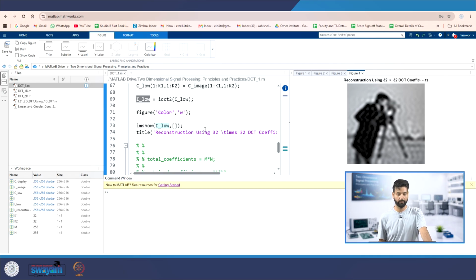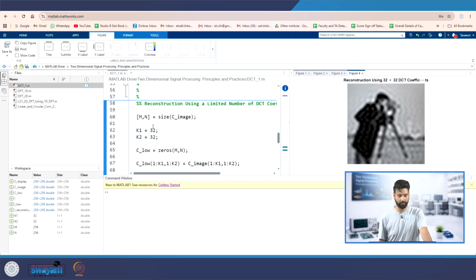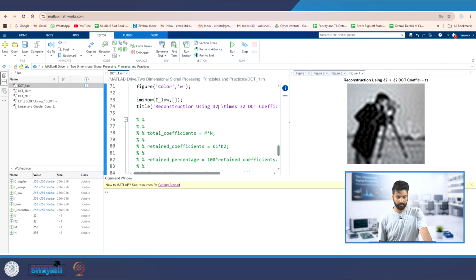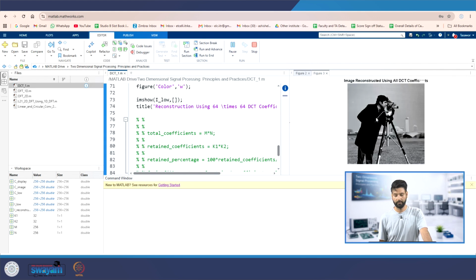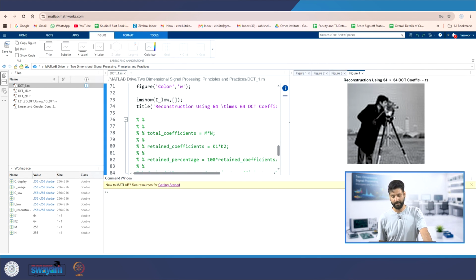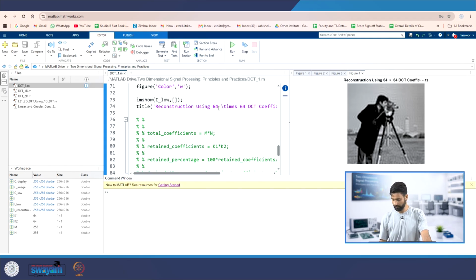So if we increase the number of DCT coefficients, let's say from 32 to 64, here we'll check the DCT coefficients of 64 cross 64. Now it should be a bit better. As you can see, now we have taken the 64 cross 64 DCT coefficients, so the image is a bit better. If we further increase the number of DCT coefficients, let's say 128,